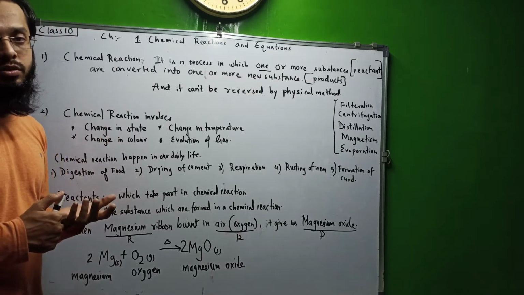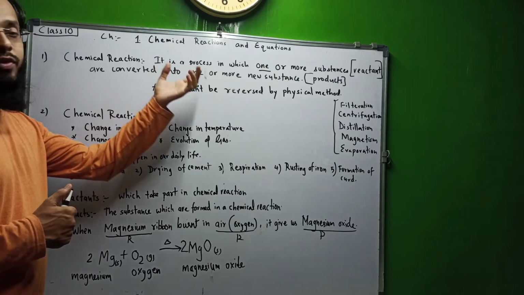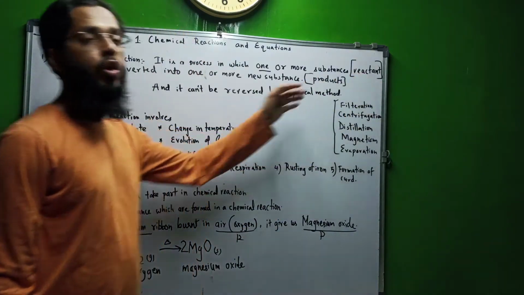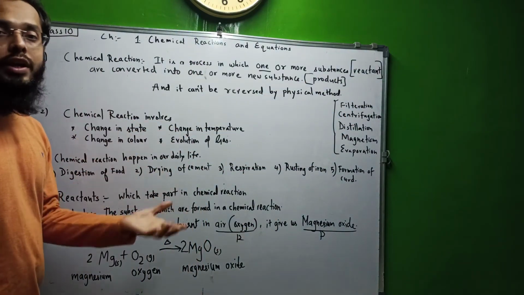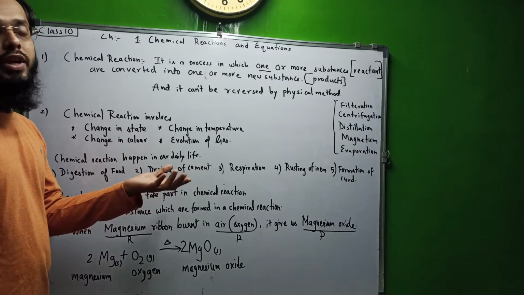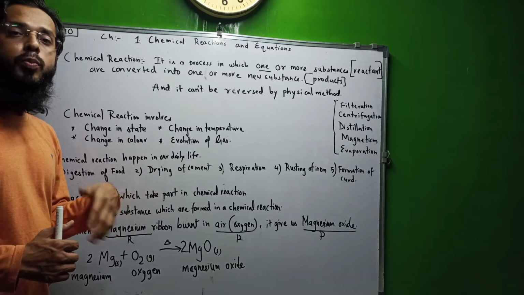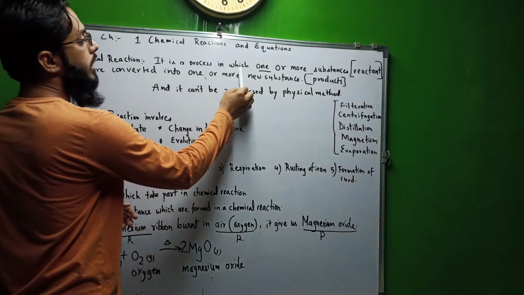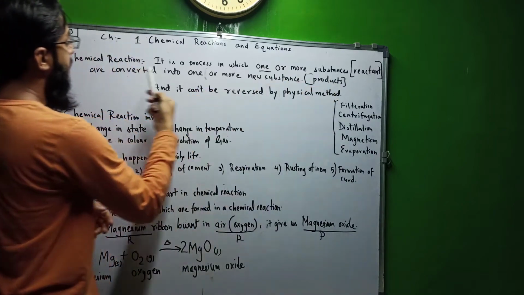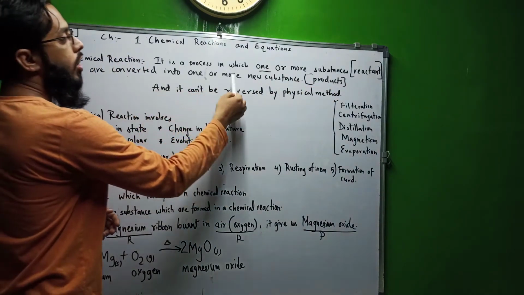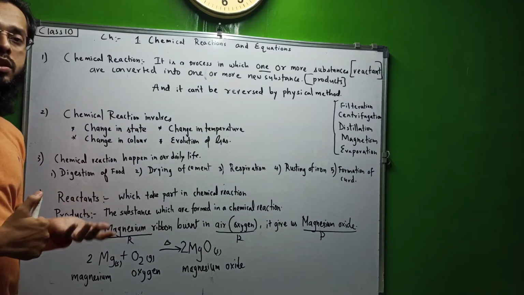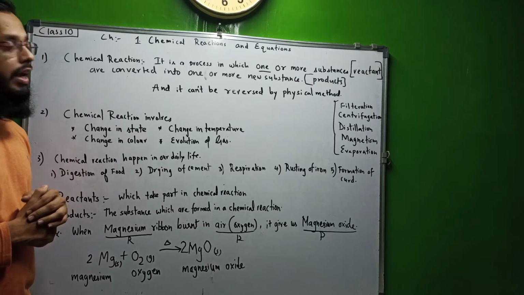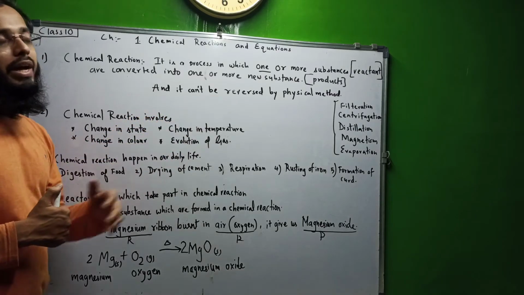Chemical reaction. What is a chemical reaction? A chemical reaction is a process in which one or more substances, which can be called reactants, are converted into new substances, or we can say reactants are converted into products. So we can define it as a process in which one or more substances that are reactants are converted into one or more new substances, that means products. Altogether, this formation of new substances is known as a chemical reaction, and it cannot be reversed by any physical